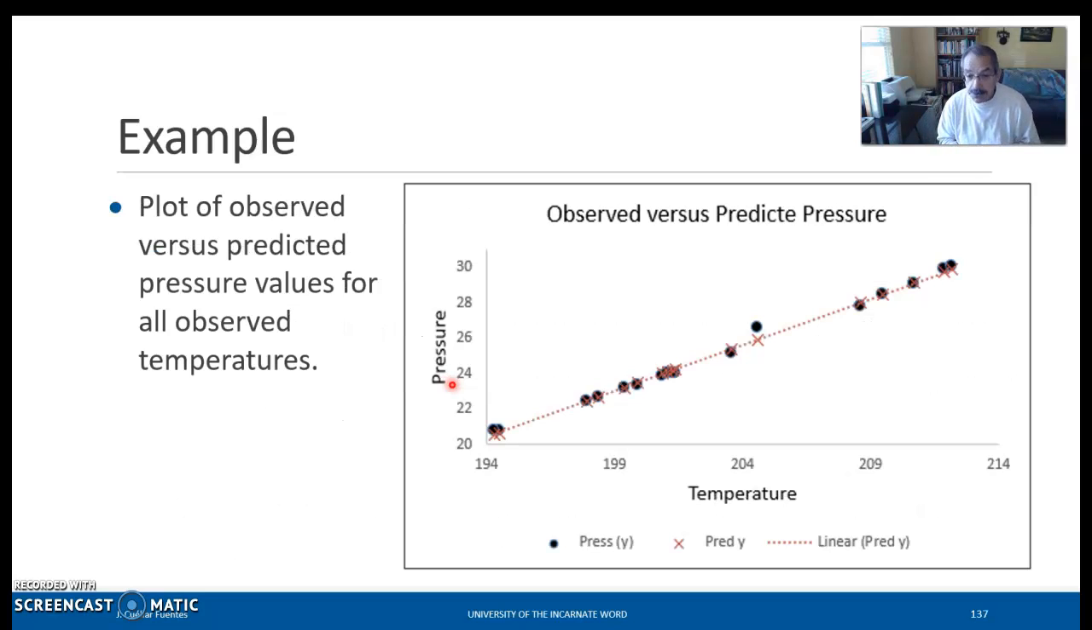verify the assumptions. All right, so here's a graph of the observed values versus the predicted values. The red crosses represent the predicted values, and the black circles represent the observed pressure values for each temperature. And you can see there is a relatively close agreement, except for this value that may be way off. But before we can accept this and all the inferences that we've made so far, we need to look